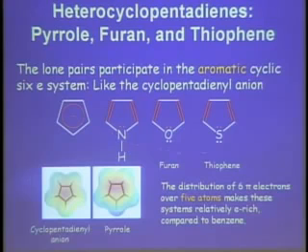There's another feature that imparts special reactivity of these, particularly in electrophilic aromatic substitutions. And that's sort of related to the extreme example of this, namely the cyclopentadienyl anion. If you have 6 electrons distributed over 5 carbons, as opposed to benzene, 6 electrons over 6, per carbon you have much more electron density on each carbon. And the same thing is true here. If this electron pair really kicks into the delocalized pi frame, then we're adding electron density to the delocalized pi frame. And so all these guys are relatively electron rich relative to benzene.